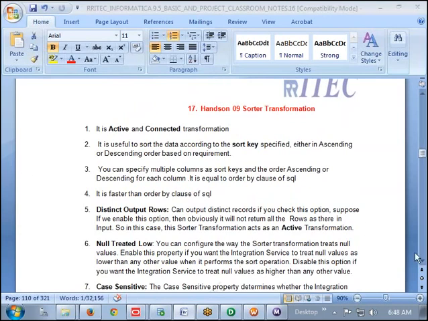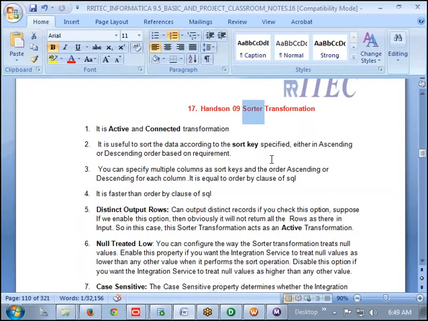Now let us learn about the sorter transformation. Everyone is aware of the order by clause, right? In SQL, whatever job is done by the order by clause, the sorter is also doing the same job. However, if I compare the order by clause performance with the Informatica sorter transformation performance, the Informatica sorter performance is very good. Did you notice that or not?